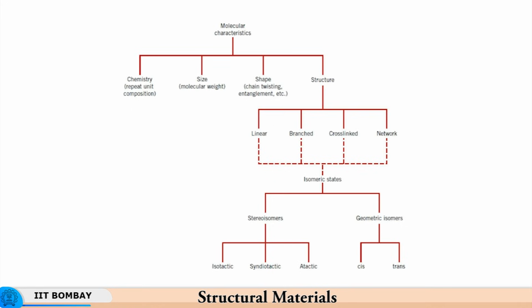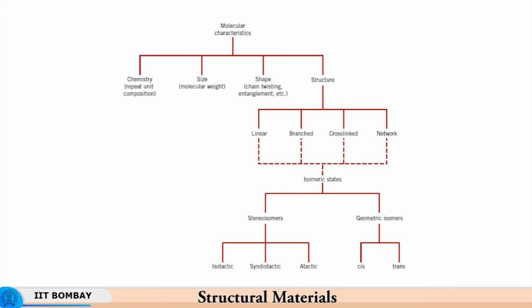Now here the structure means the arrangement of polymeric chains, how the polymeric chains are arranged, whether they are branched or not branched, whether they curl over each other and then form a regular array of atoms or not. So these are different arrangements of these polymeric chains, whether cross-linking is present or not. Depending on the configuration of the polymeric chains, you will get different properties, different melting points.